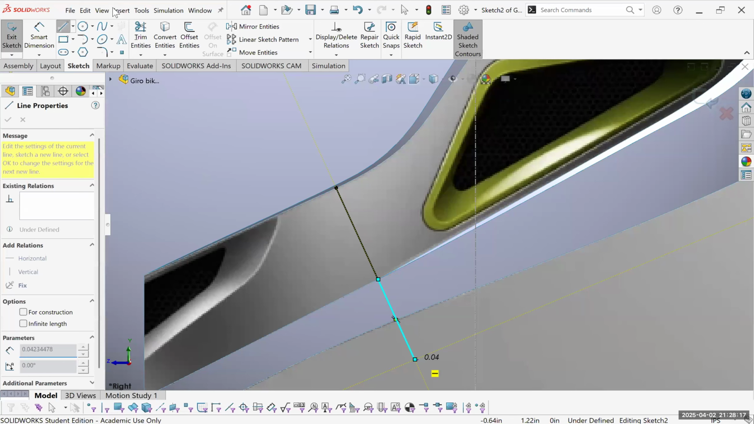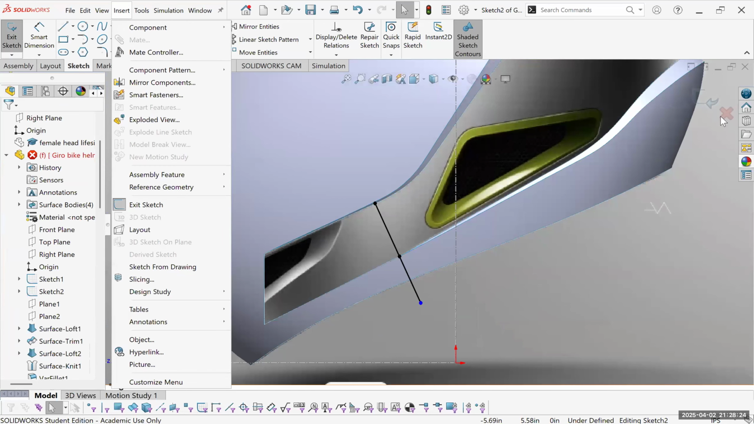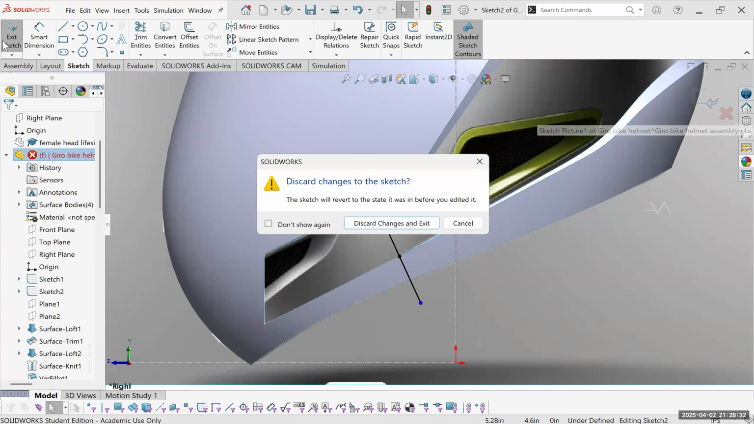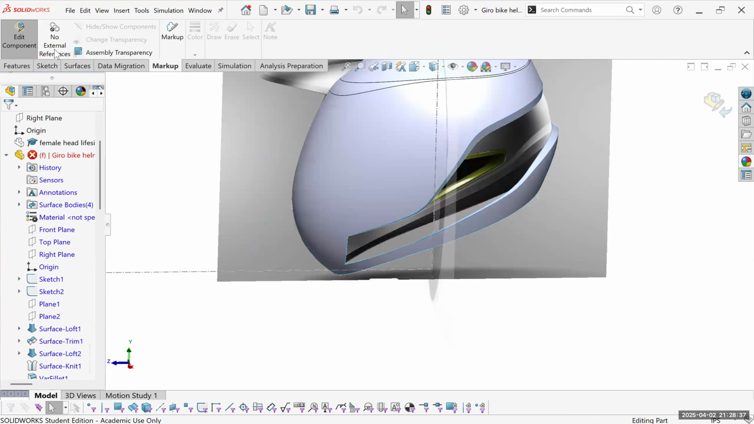Insert. Oh, it looks like I did this in assembly mode. See? The reason I know that is because there's no feature here. So this is kind of useless. I'm gonna have to redo it. I go back to my bike, assembly, edit, and one more time, right plane,